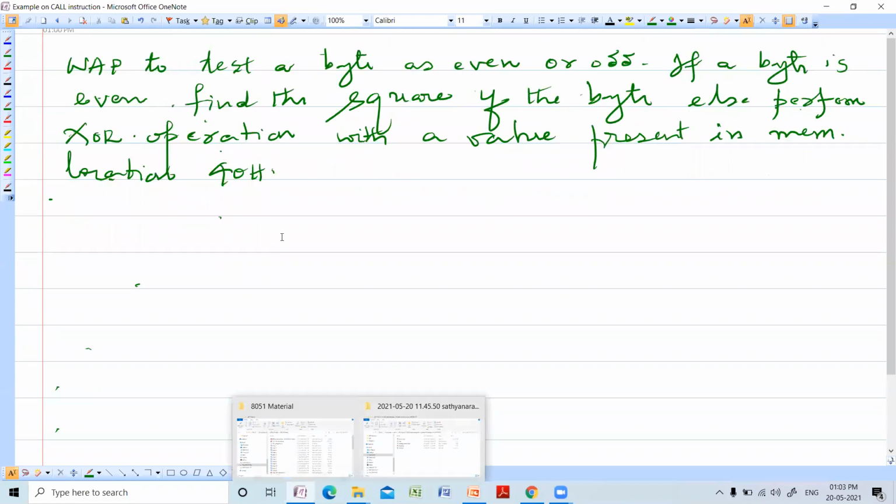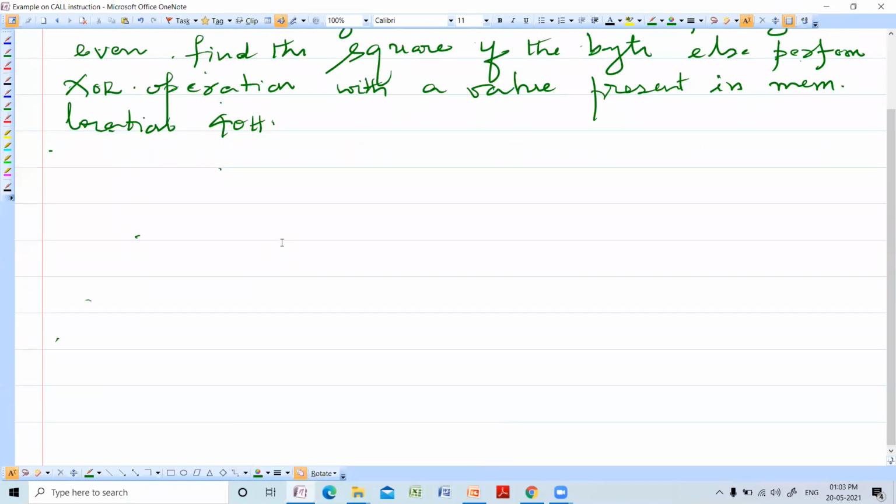Let us use the call and return instruction scenario. So we will have a main program. In the main program, you have to test whether the byte is even or not. We can do some initialization. MOV A, #30H. So how do you check whether it is even or odd?